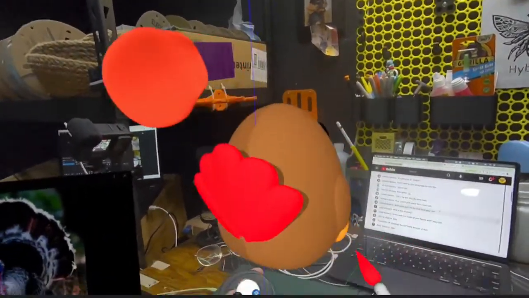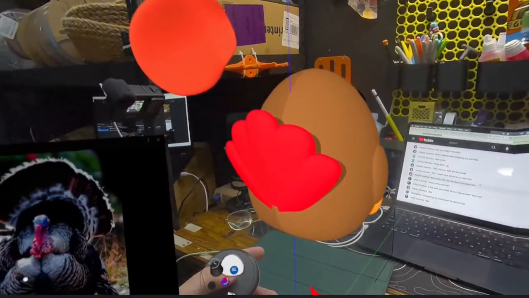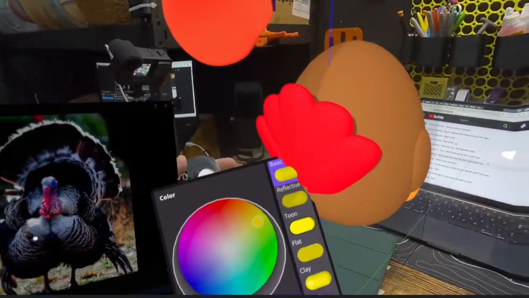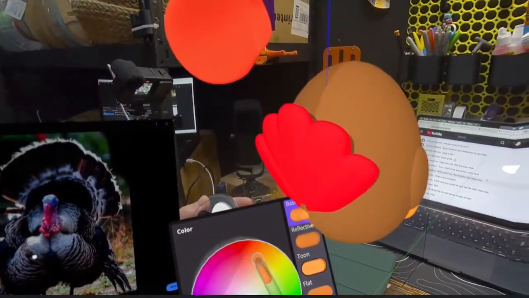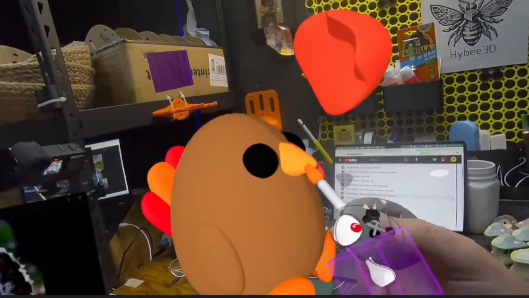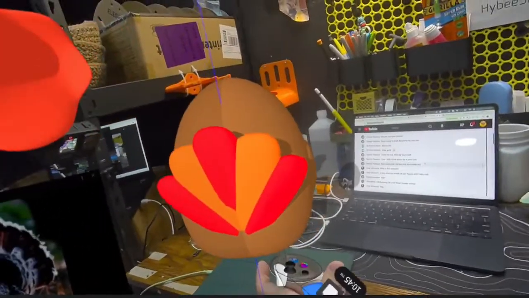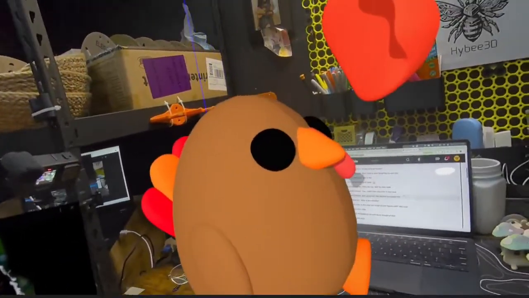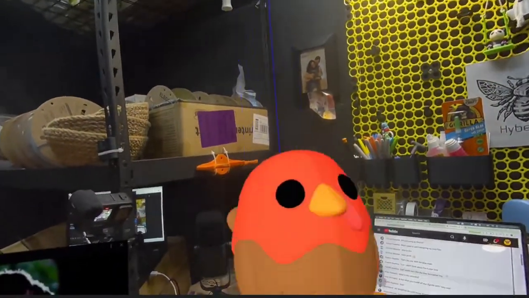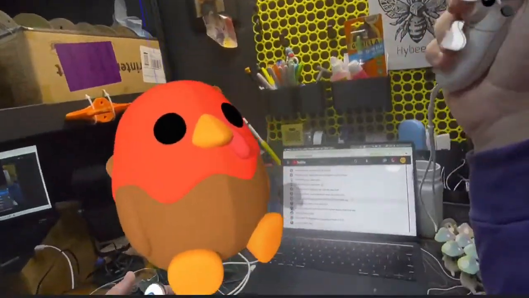I could do red, orange, or this orange color I was using before. Like that. But that would be pretty filament ineffective, especially with AMS printing. I like the red tail though. Just red tail and no red head.